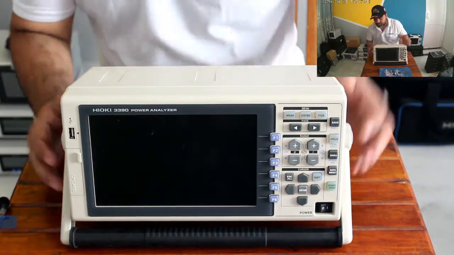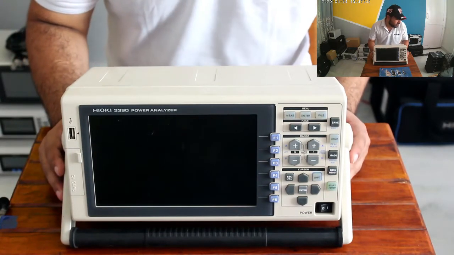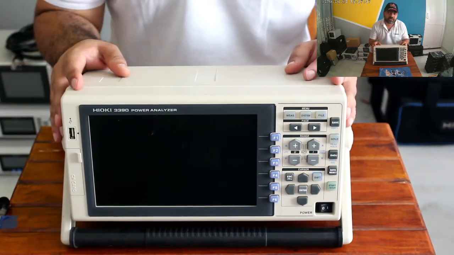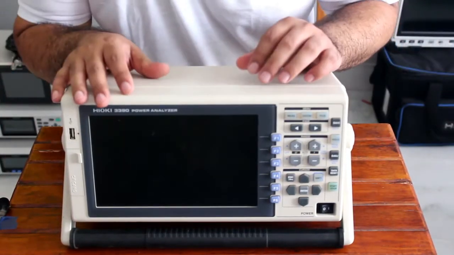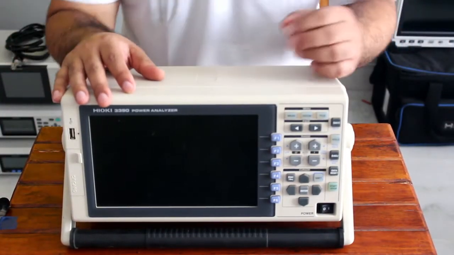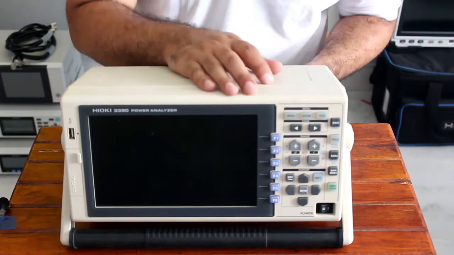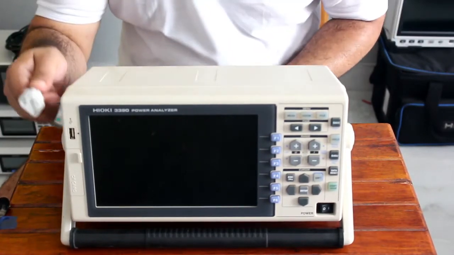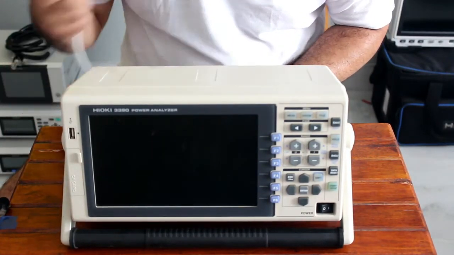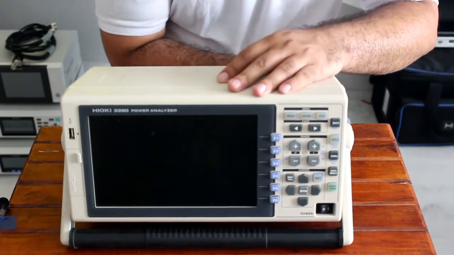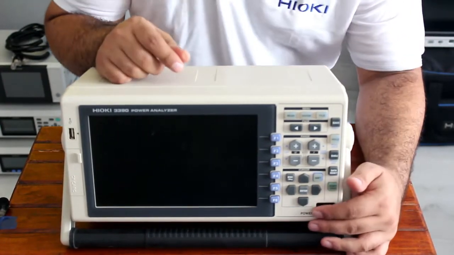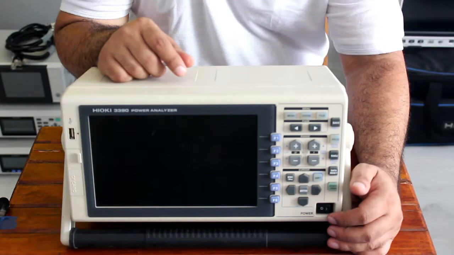Now I will connect it to the power and switch on the instrument. This power analyzer needs single phase in, as a normal power cord. There is no adapter for it, and I will switch it on.